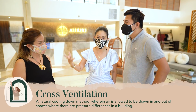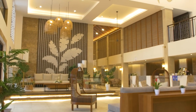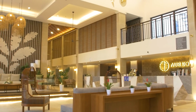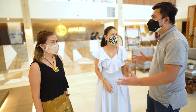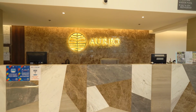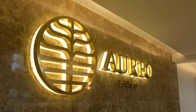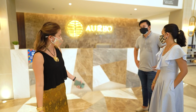In terms of space planning and layout, everything's pretty much open, right? Kasi we figured it's gonna be more inviting that, as a guest comes in, they'd see the reception already. Tsaka maliwalas. As you enter, we wanted them to see the Aureo gold logo for that luxe feel,